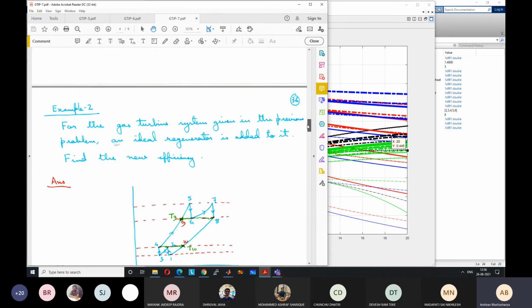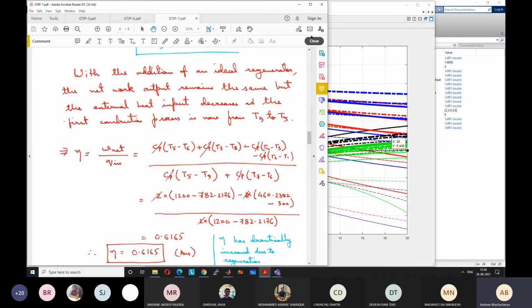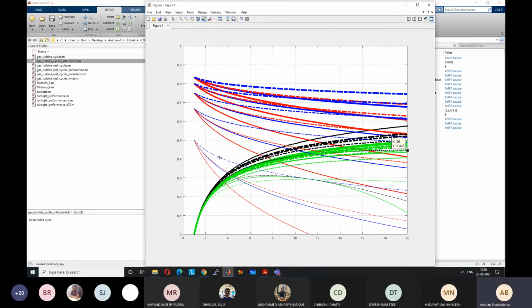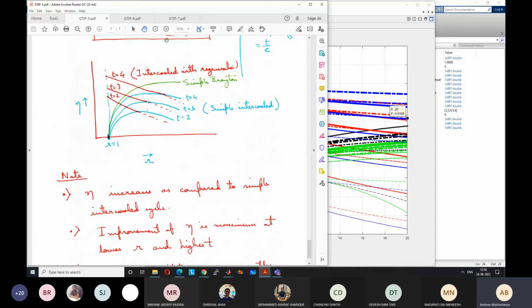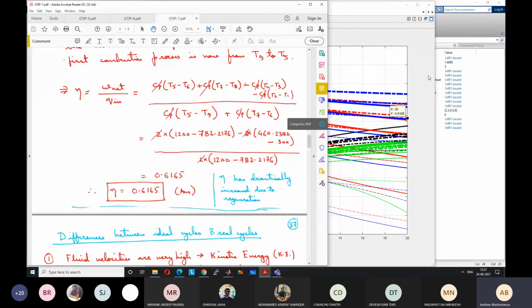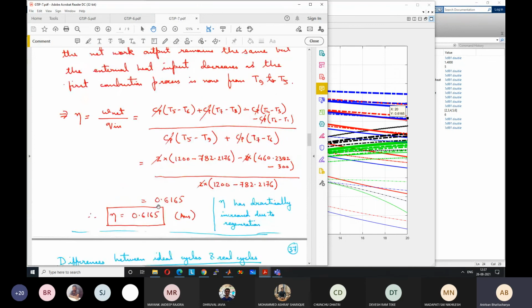Similarly, for the other cycle, the dotted blue line, right? T equal to 2, T equal to 3, T equal to 4. So this line equal to 4, somewhere around here. 61.65. What was our value? Oh, we exactly pinpointed that point. It's 61.65 only. So you see that we are getting the corresponding values that we expect from the graphs. Because these are ideal cycles, exactly the same values we should obtain, and we can obtain.